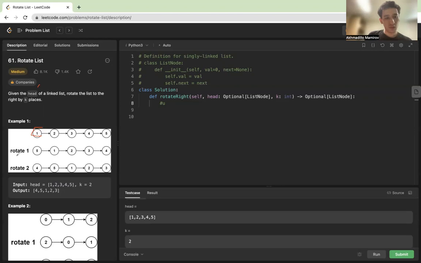So rotate one. So what is k? K is 2 in this case. So I thought it was 5. So the k is 2, and after first rotation, 5 becomes the new head, and 4 becomes a new head. And the way I see this question is that we are taking this singly linked list, and if we refer to this node as a tail, we are attaching this